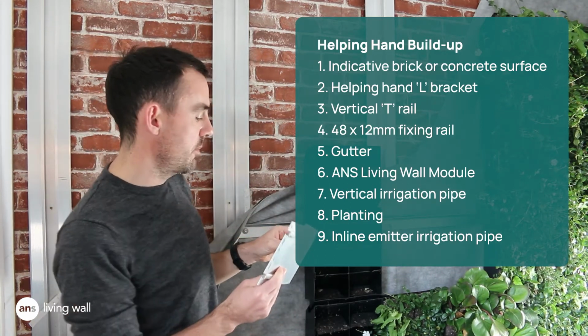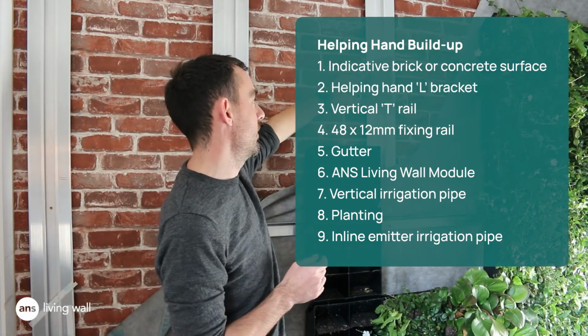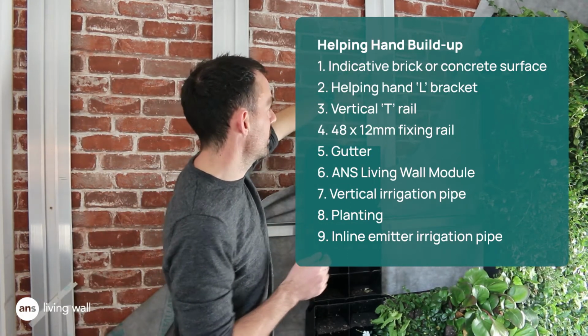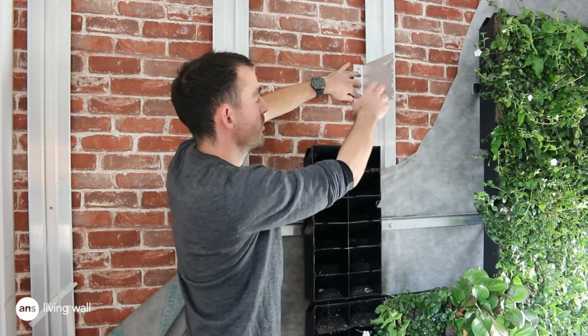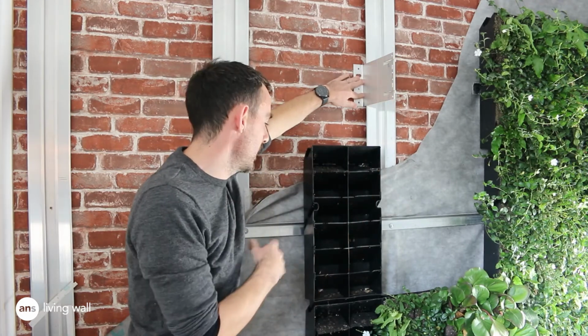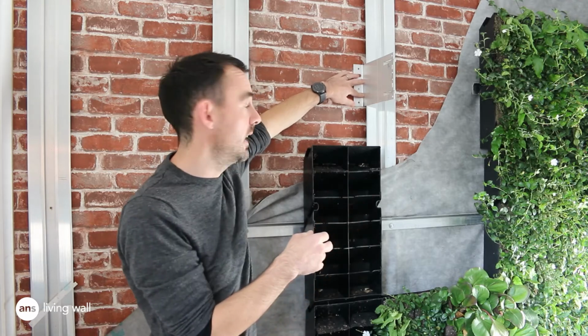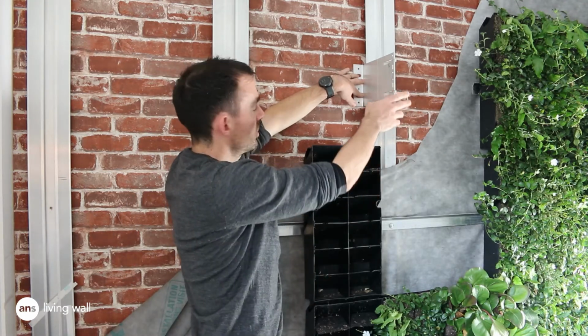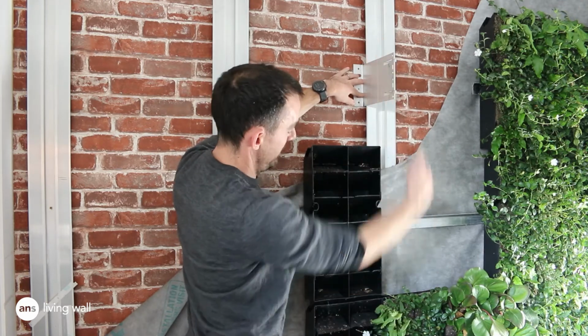So the helping hand system is attached. Again, it will be specified by the supplier of the helping hand system, but you'll attach the brackets to the walls. There'll be different size brackets and different depths and thicknesses. Again, it will be specified depending on the wind loadings and the weight of the wall as to how many brackets you'll need. The bracket is attached to the wall all the way down the wall in a straight line,